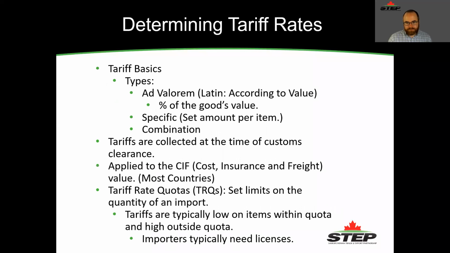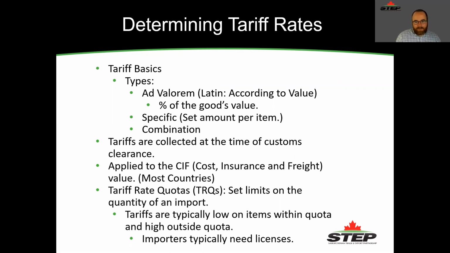So I'll show you what that kind of means here in a second, and tools you can use to find this. And the one thing you also want to realize is that there are different types of tariffs. There's one based on the percentage of the good. It might be 4.5% of the value of the good, which is typically based on the customs value of the good, which is cost, insurance, and freight. There might be a specific one, so it might be $10 per item or per kilogram, or it might be a combination of both. It just depends on the actual code and the actual country.